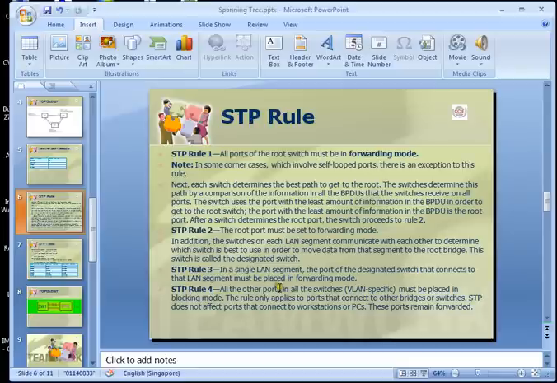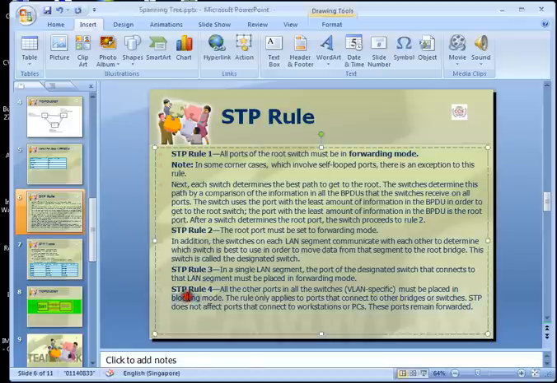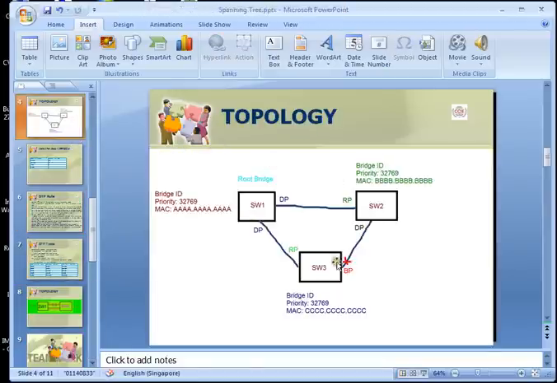And then all other ports, the rest, must be placed in blocking mode. So this one, the rest, are left in blocking mode. Okay.